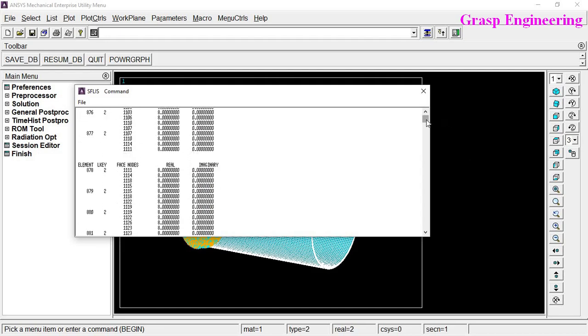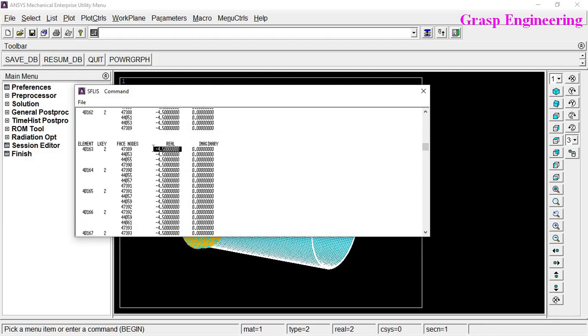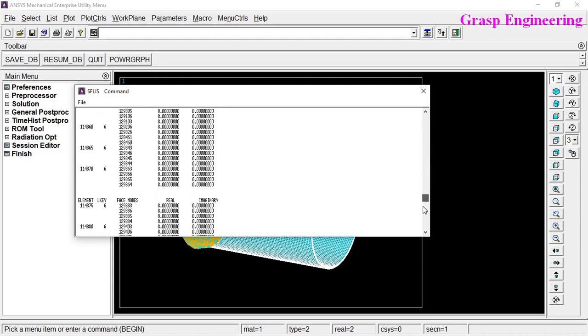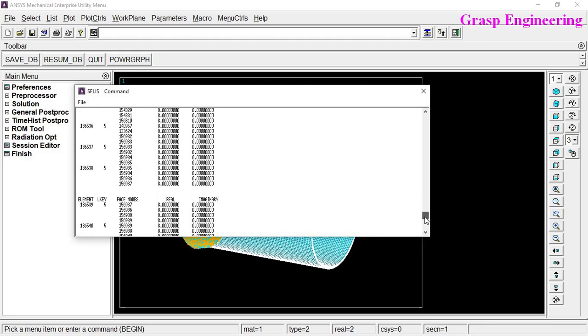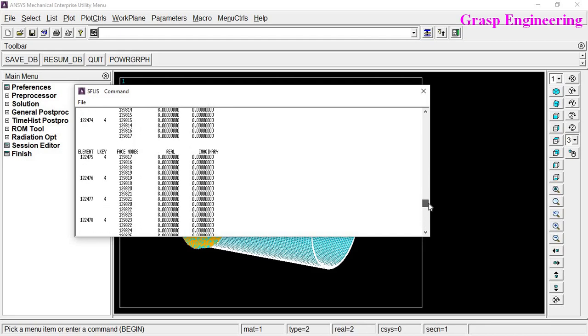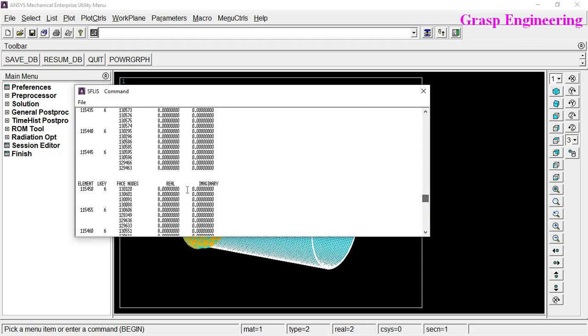So let's check whether the compensating pressure also came or not. So you can see here also compensating pressure is available. Okay, minus 4.5. And let's check our other one, that is 89 point something.